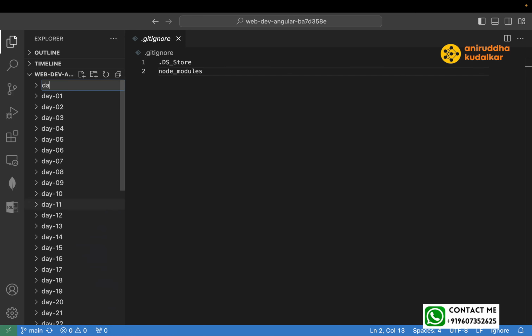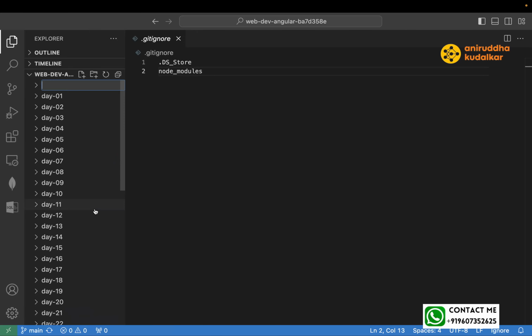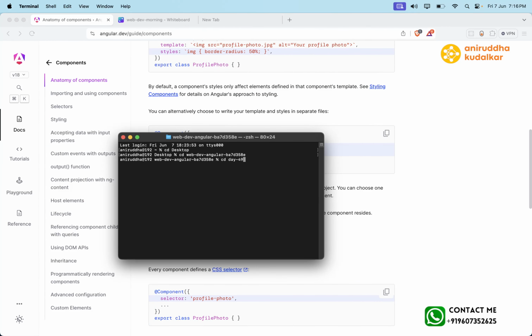This is the overall days, but for Angular it's the fourth day, I think. Day 48, day 49. In this day 49, nvm use 18. This is for me, not for you guys. Sorry, ng new